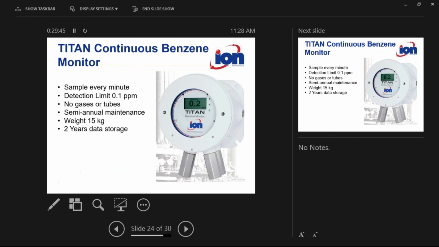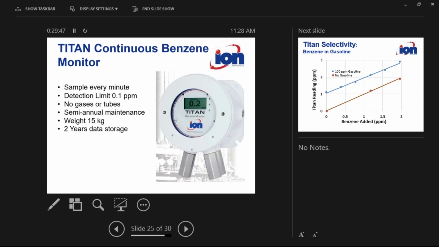So those are spot measurements, and you can get STELs, but you get a single measurement. If you do need a continuous reading, we do have this Titan instrument that's recently come out. It's a fixed wall-mounted unit, detects down to 0.1 ppm. It needs no reagents, no gases or tubes,